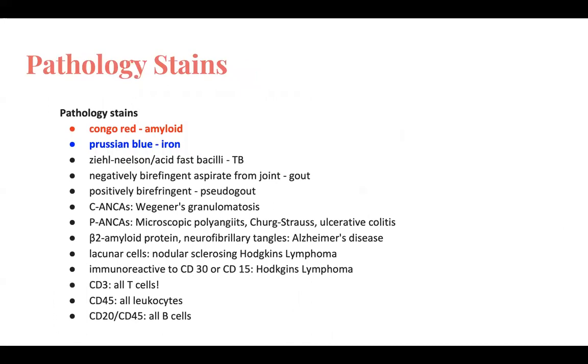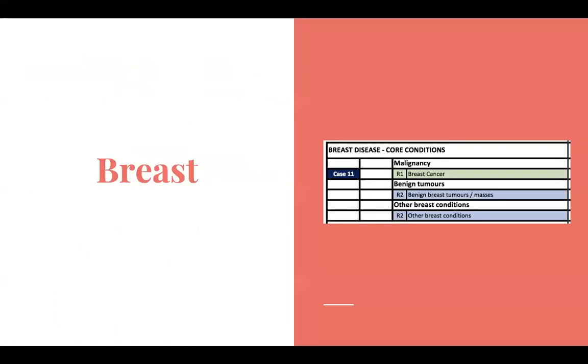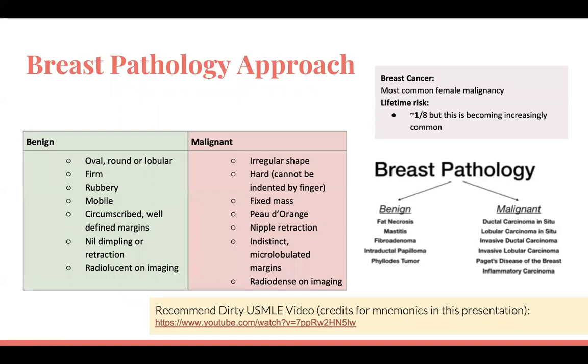And then they sometimes like to ask about pathology stains as well. So I've just listed some here for you to know. There are more associations. So let's firstly cover breast, and it's actually listed as a green condition in terms of breast cancer. So cover that. In terms of an approach to breast pathology, I think the best way to think about